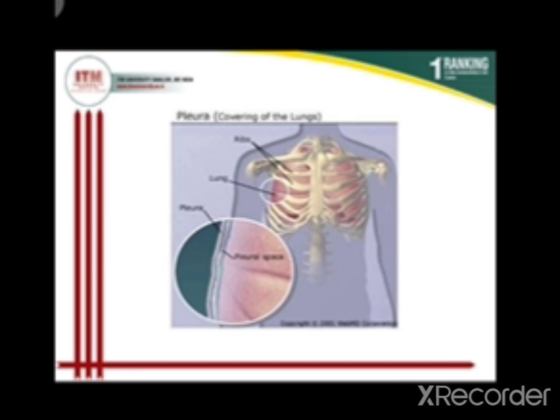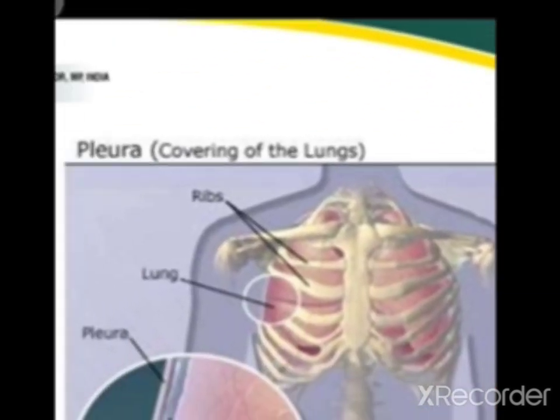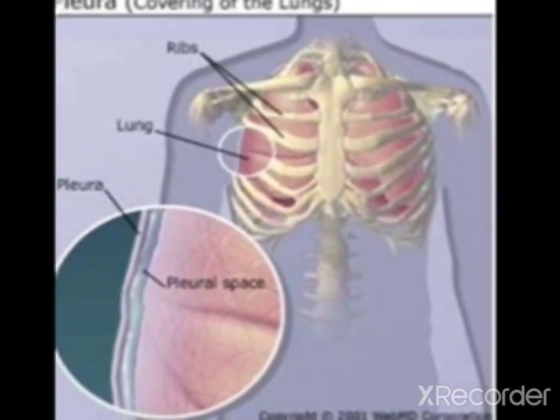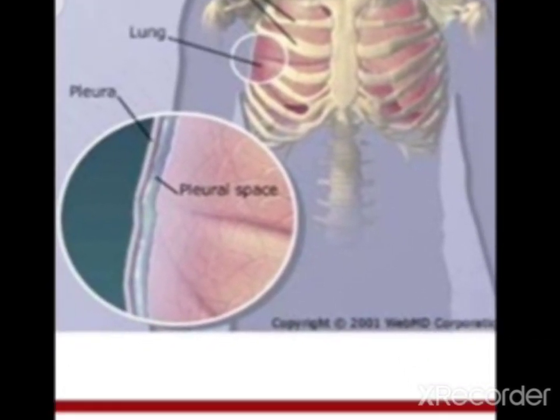As you can see here, the fine pink membrane is the pleura. That is the pleural space, and you can see ribs, then lungs inside, and a thin layer of mesothelial cells, that is called the pleura, the covering of the lungs. Fine. Next is